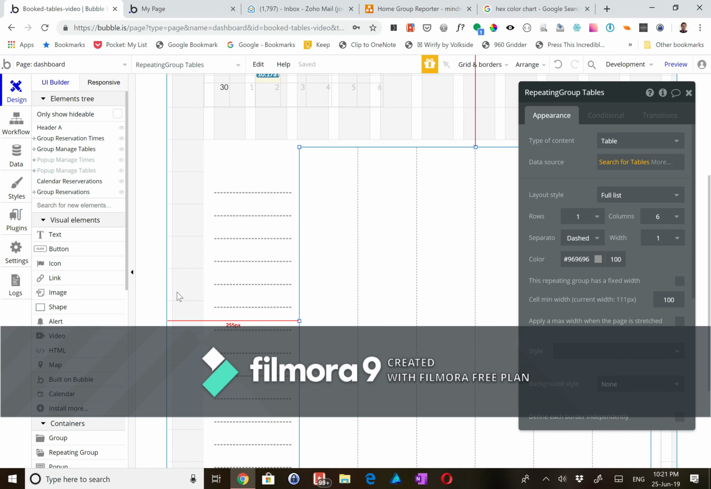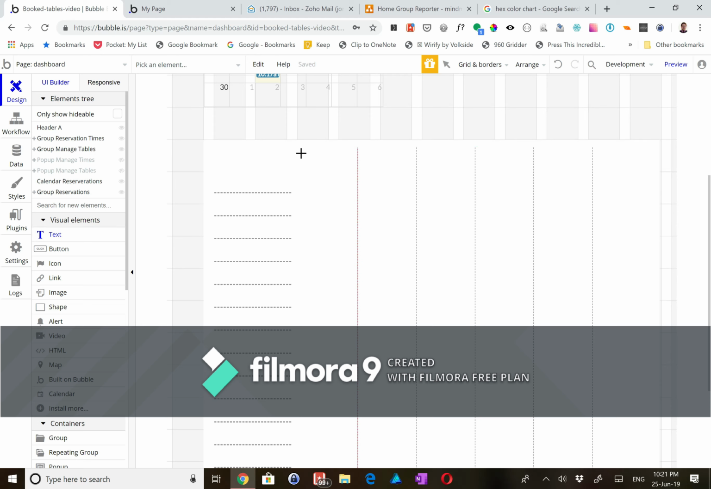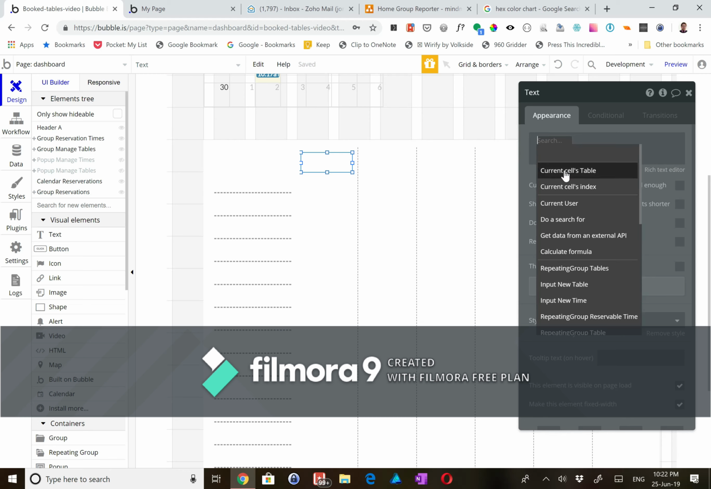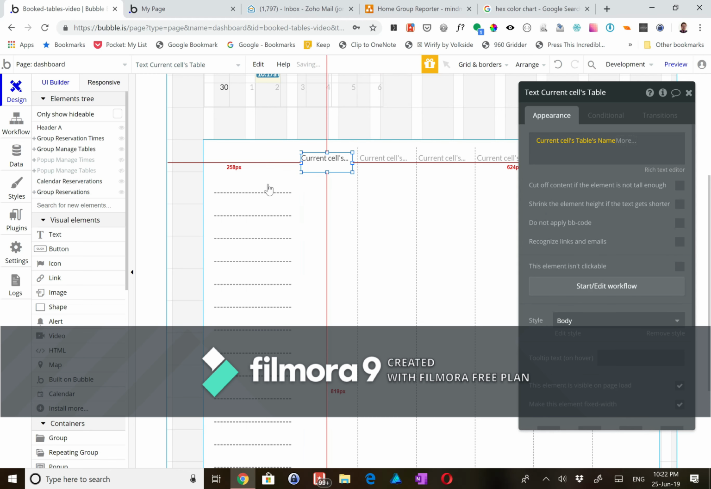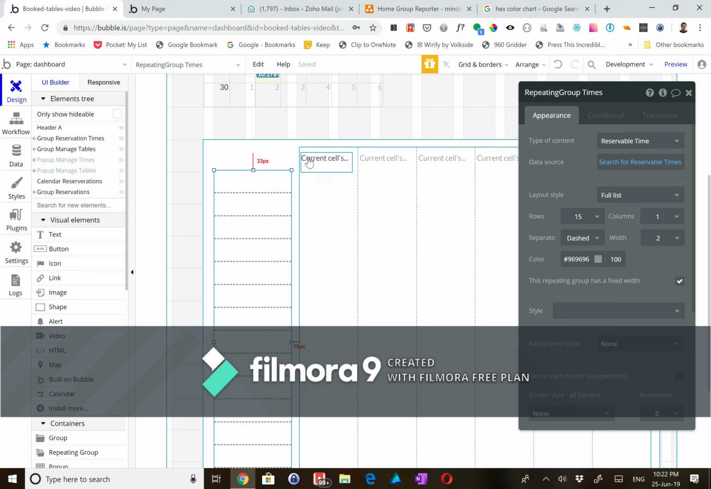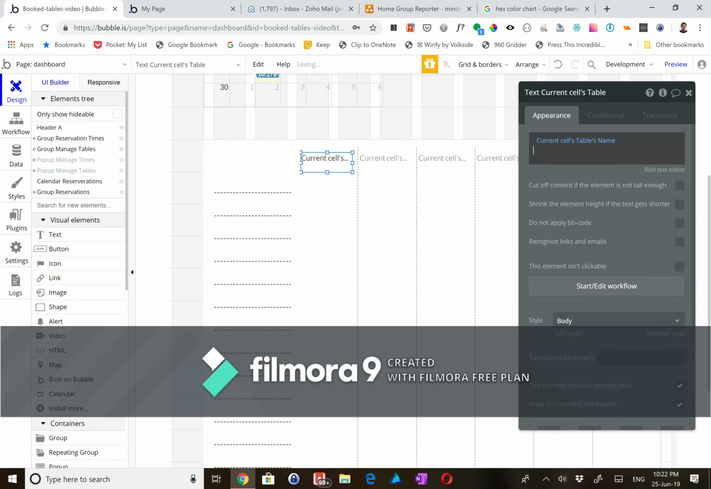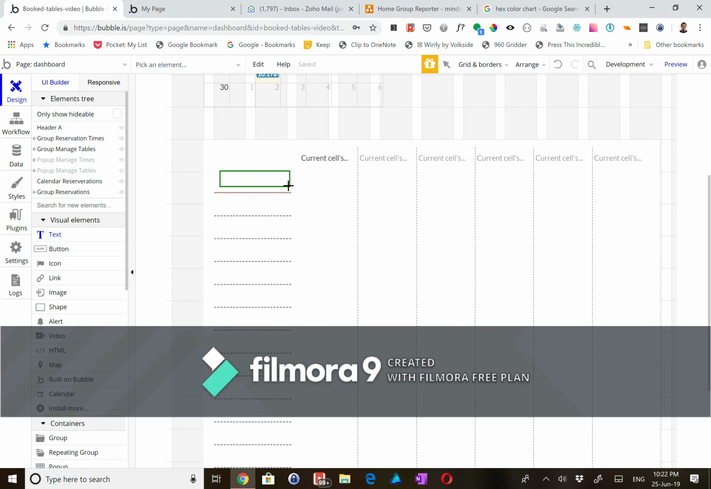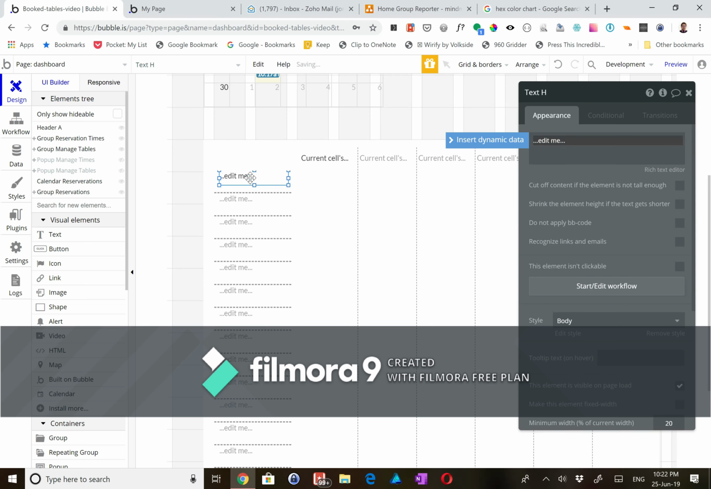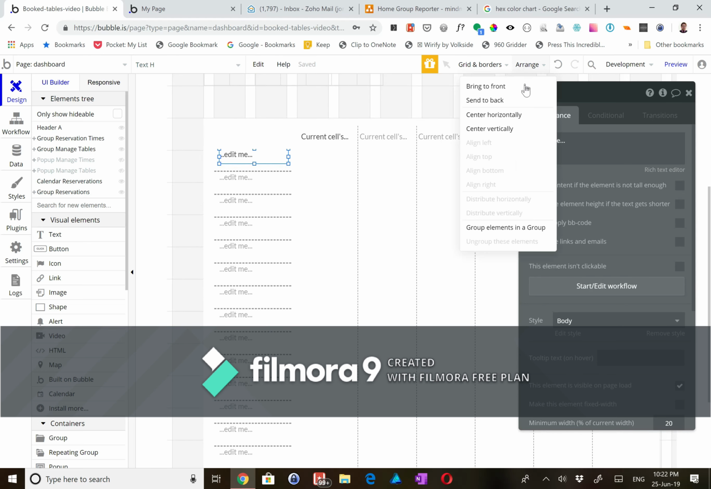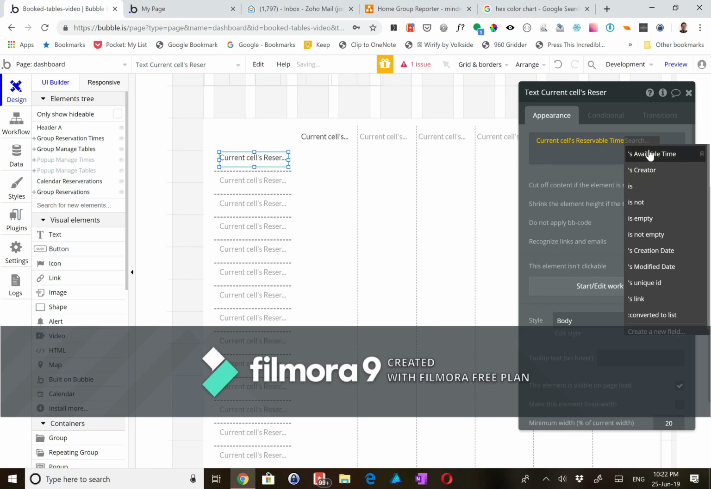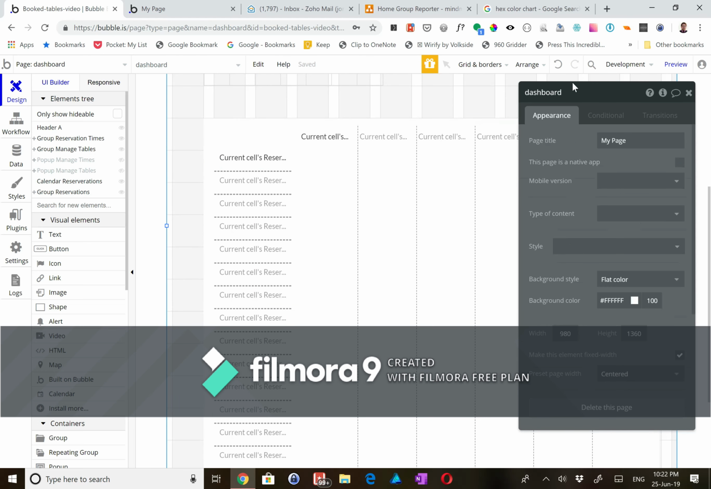And I'm going to go ahead and add text here, and dynamic data, current sales tables name. So this is going to give us an indicator that all is well with our data. And here I'm going to give it text again. And I'm going to center vertically and dynamic data, current cell's available time. Okay, so now if we preview this,